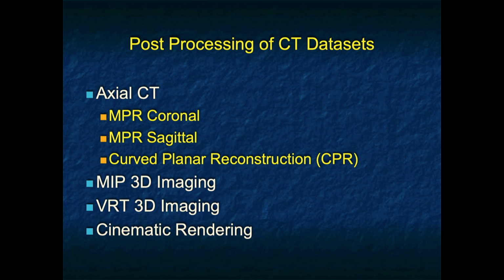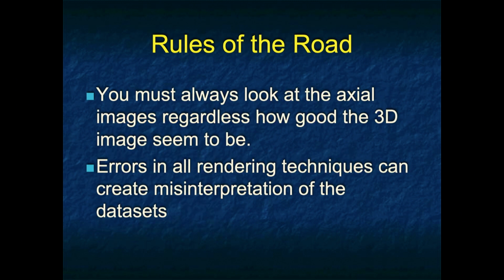Now, in saying 3D imaging is very valuable, you can't really rely only on the 3D imaging, though I do like the way the images look, and the surgeons like the way they look as well and use them routinely. The biggest thing you want to be careful about, of course, is that anytime you do post-processing, you always can introduce error. So no matter how good your post-processing is, you need to look initially at the source data,